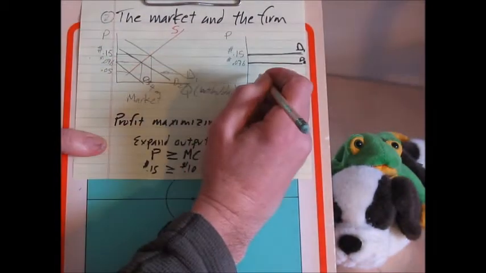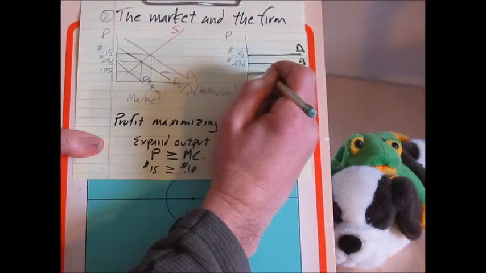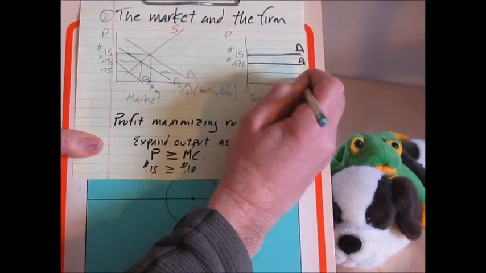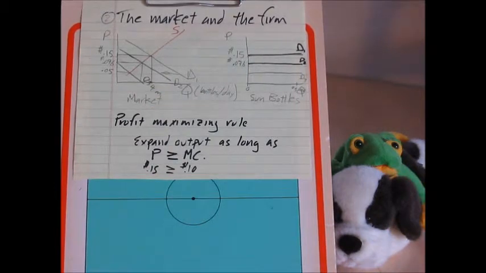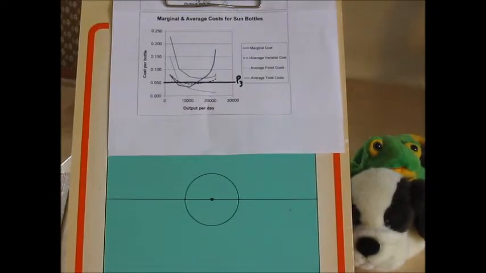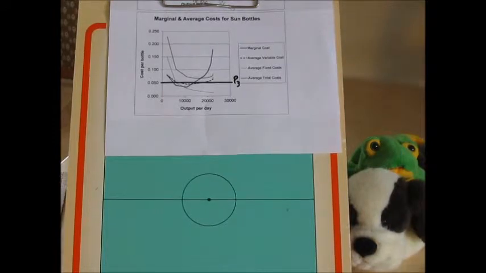And this is the terrible condition that Sun Bottles finds itself in. Let's think about what's the best they can do. So here are the marginal and average cost curves again,